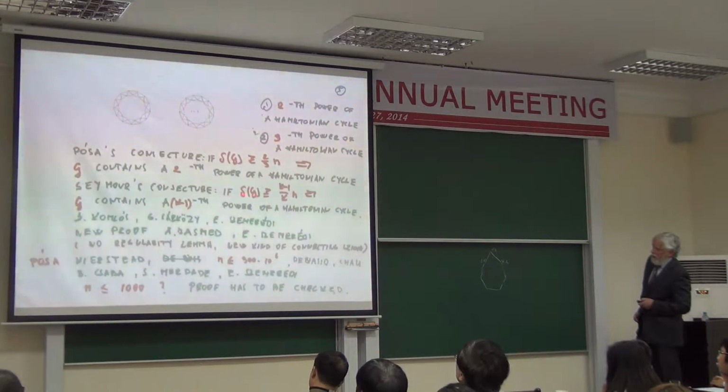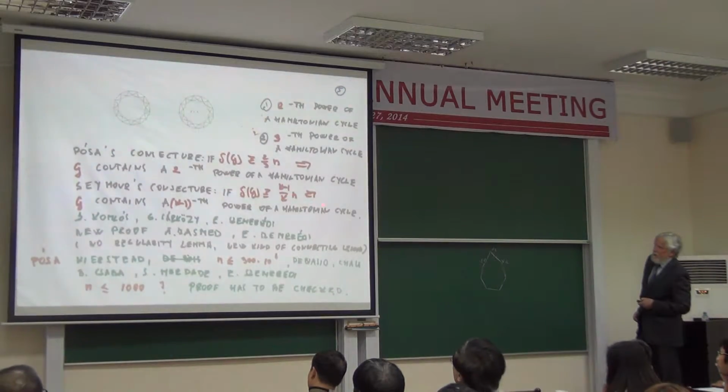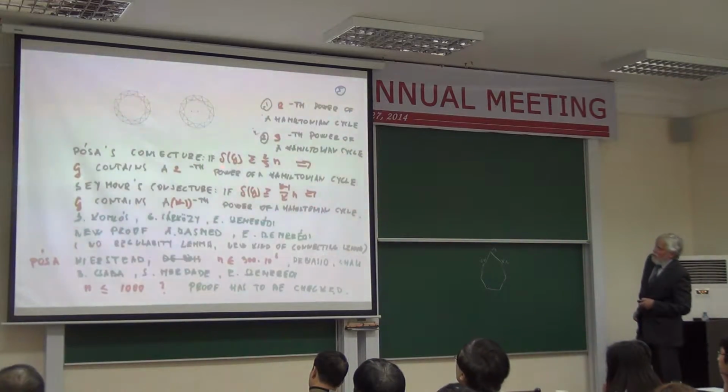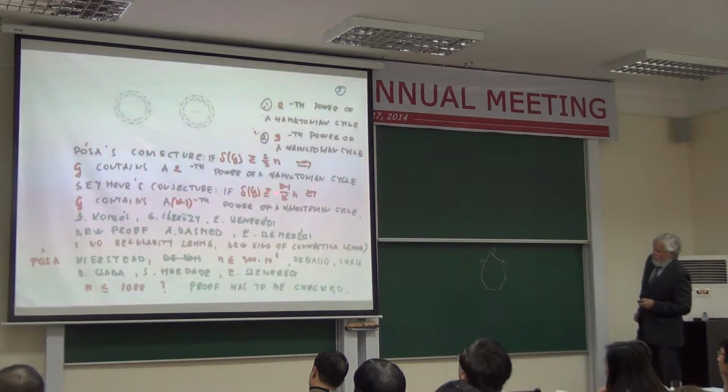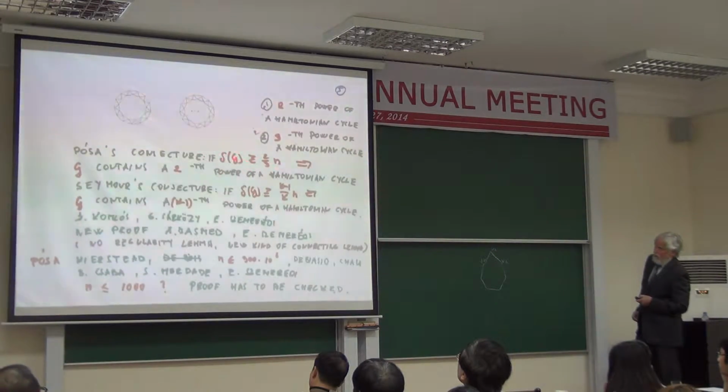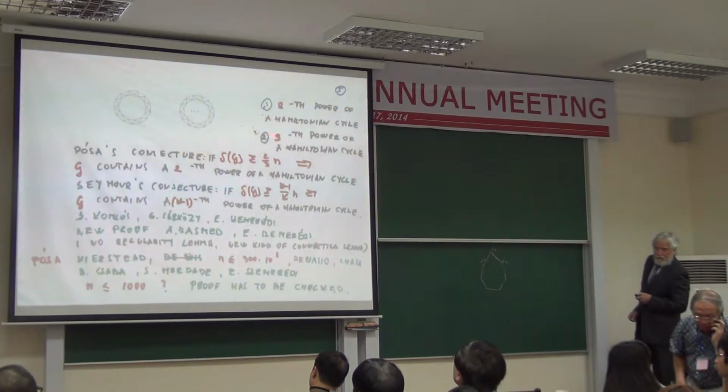Bollobás's conjecture, namely: presume that if the minimum degree is (k-1)/k times n, then it follows that G contains a (k-1)st power of a Hamilton cycle. Now you notice that these numbers are exactly the same as in the discrete case, in the triangle cover or in the complete k-graphs cover. But nevertheless, the same numbers, and of course then, if the conjecture is true, then it is tight, because it was already tight in the discrete case.